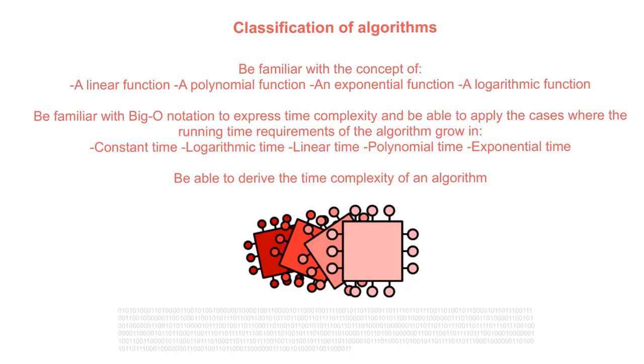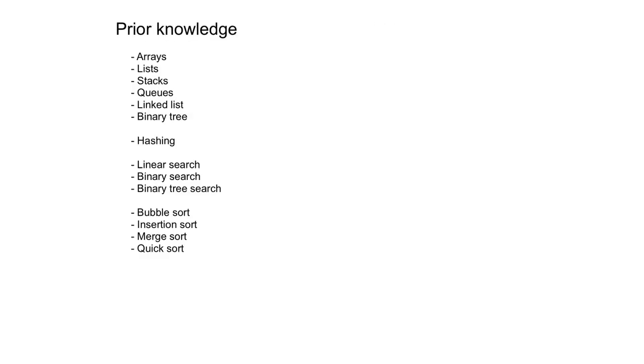So in the last video we were looking at measures and methods to determine the efficiency of different algorithms, and we were considering big O notation as a way of expressing the time and space complexity of an algorithm. In this video we're going to compare the different data structures and the operations on those data structures in terms of big O notation. So this video assumes some prior knowledge of data structures and the algorithms associated with those